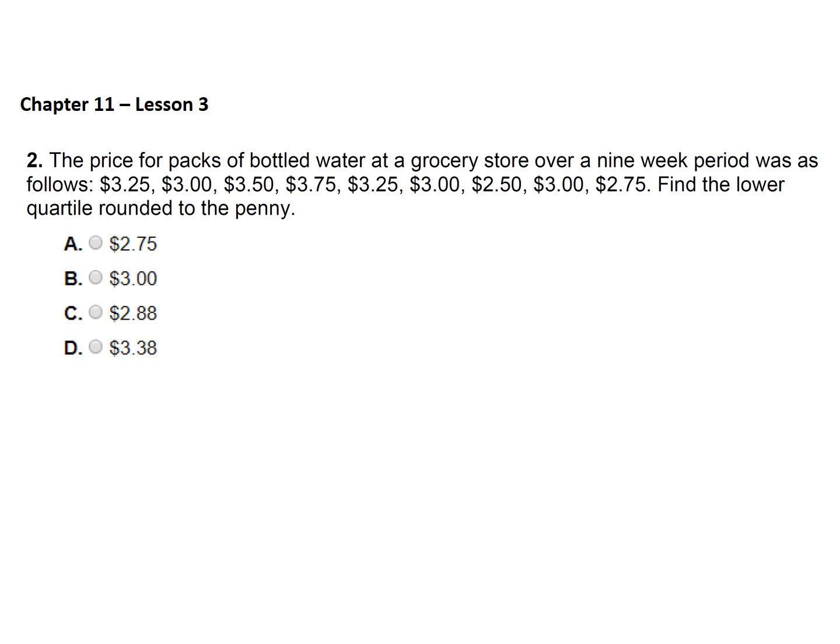Question 2. The price for packs of bottled water at a grocery store over a 9-week period was as follows: $3.25, $3, $3.50, $3.75, $3.25, $3, $2.50, $3, $2.75. Find the lower quartile rounded to the penny. First, we have to put these numbers in order. And in this case, the numbers in order would be